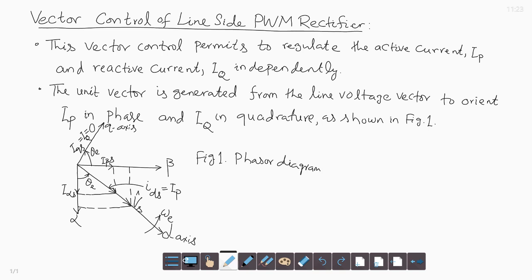So, the D voltage is oriented along the D axis, which is rotating at synchronous speed. So, in phase or active power component IDS is in phase with the voltage, IP is in phase, and IQ is perpendicular to it, and for unity power factor IQ should be 0. And voltage components, this is V alpha S, and this is the voltage V beta S. I alpha S and I beta S are the alpha beta components of the current.